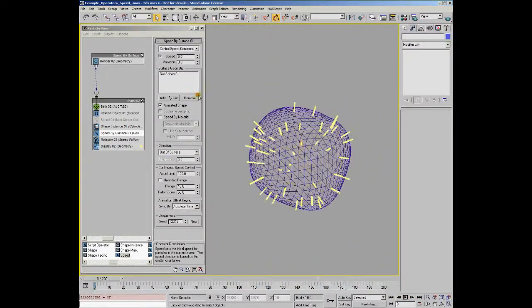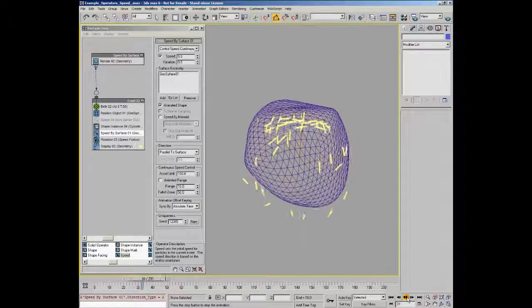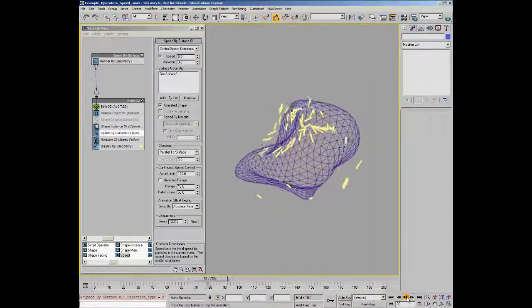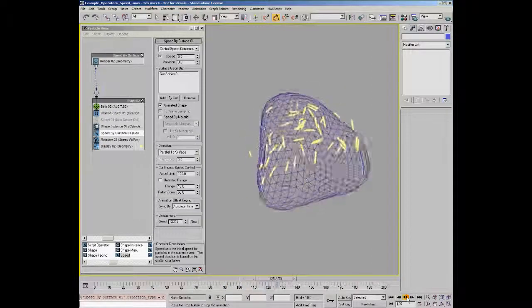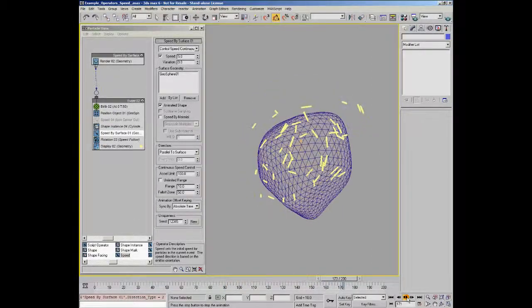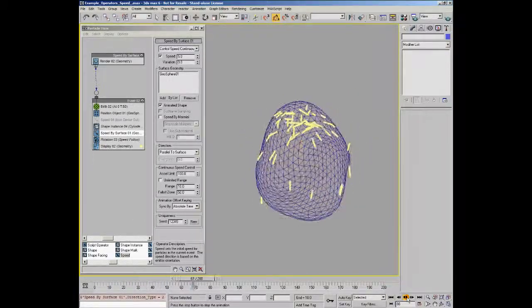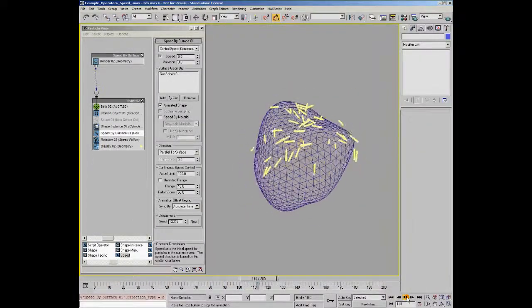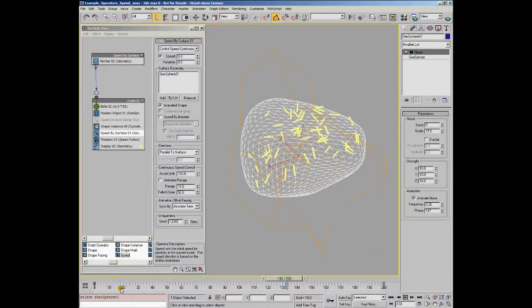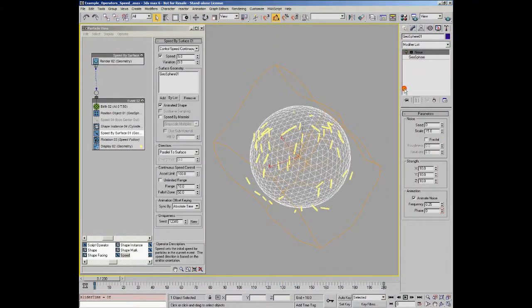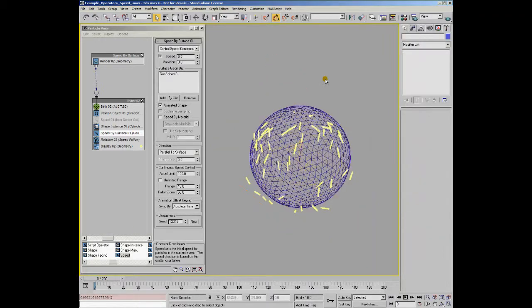And then if we go to parallel to surface and we press play, you can see that our particle speed and orientation is actually based on the surface. And because the surface is flexing and switching and morphing around so much, our particles get very, very confused by what's actually happening here. So if we go back to the beginning and we turn off the noise modifier, what you'll actually see now is that the